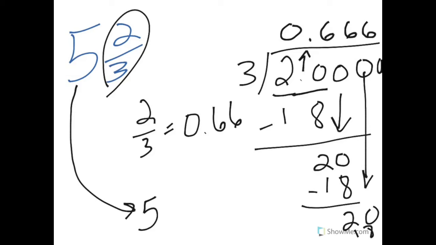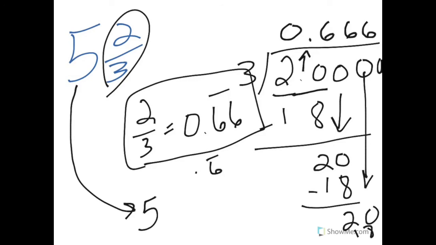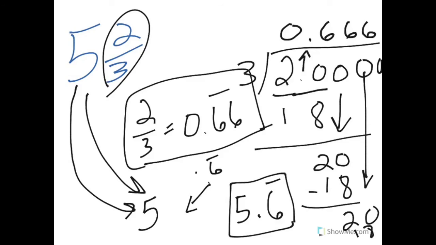But the way I'm actually going to write that would look something more like this. Okay, put a line over the top that shows it's repeating. So I know that 2/3 is the same as 0.6 repeating, 0.6666666. Okay, I've got my 5, which I put a pin in. Now I just need to combine the two, and I end up with 5.6 repeating. Okay, be prepared to do some division, to do some math, to work on this,